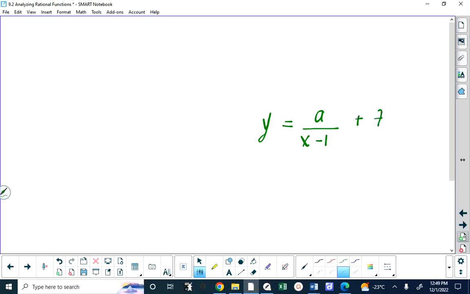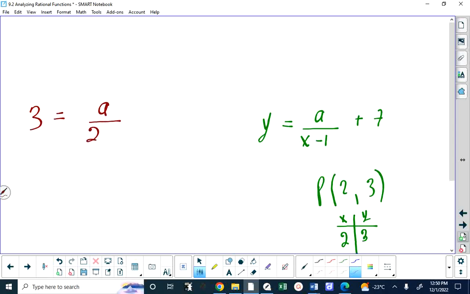plus 7, and I told you that this passed through the following point, and I said determine the value of a, we view this as a missing parameter, and that 2 comma 3 means that whenever you put x equals 2 into the function, you have to get a return of y of 3. So I would apply the 3 to y, and then I would have a over 2 minus 1 plus 7. Well, that happens to be equal to 3 equals a plus 7, because 2 minus 1 is 1,